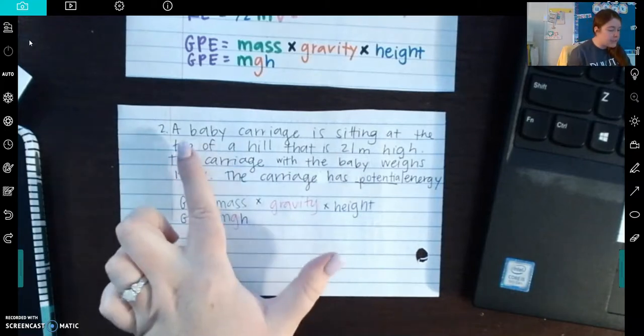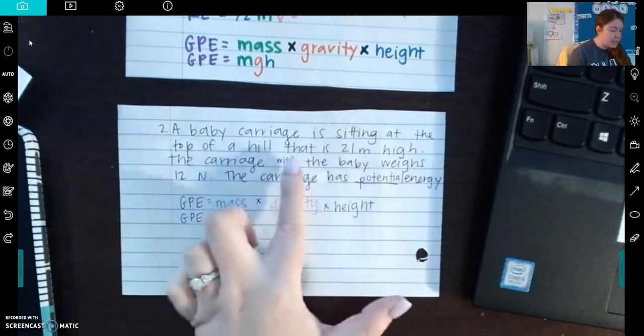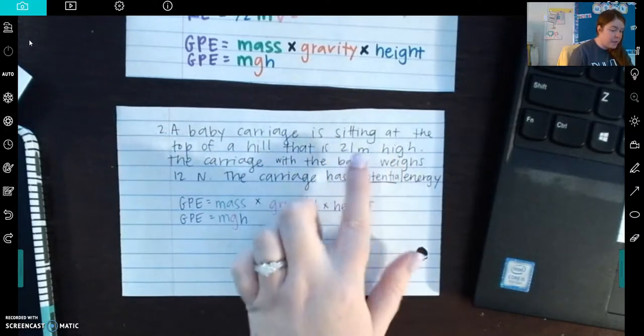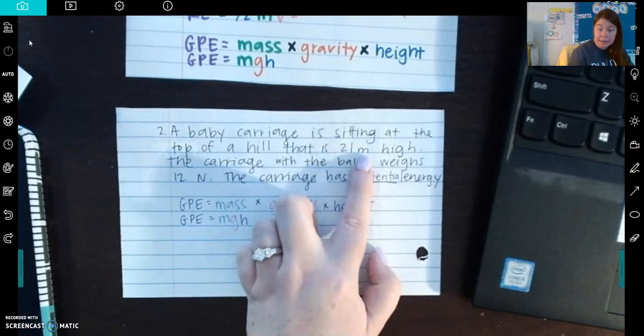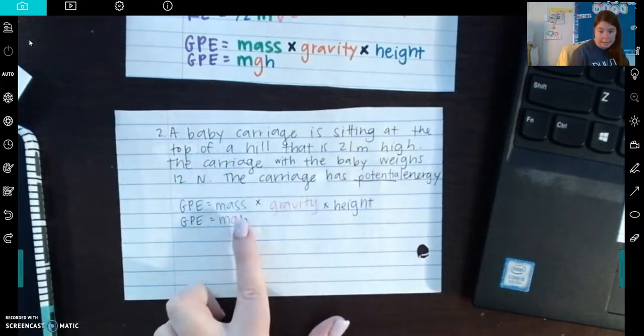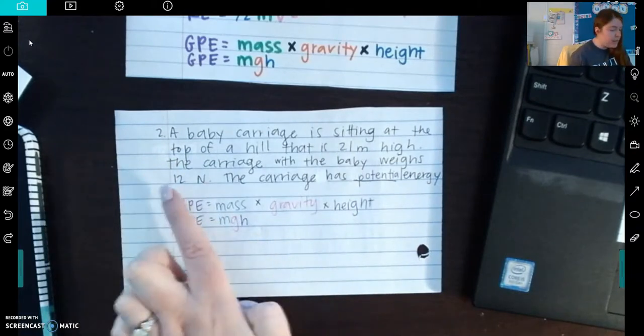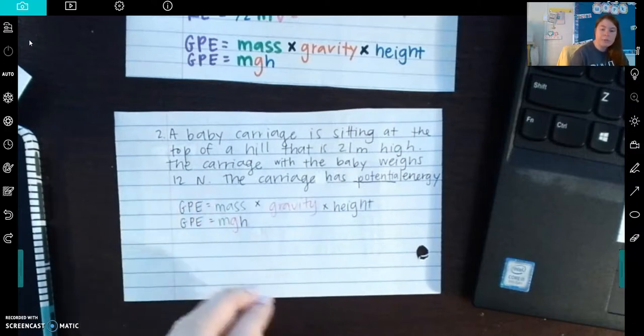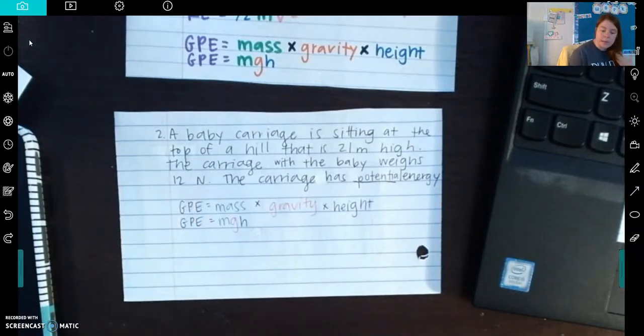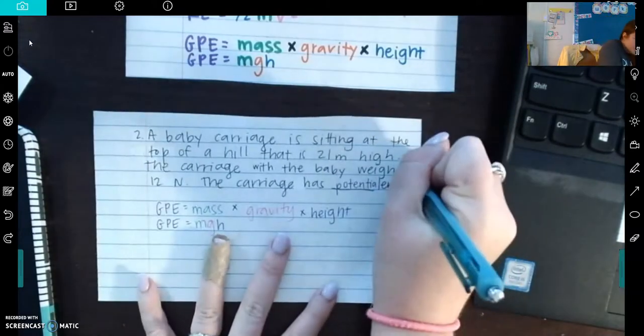So in this first sentence, I see a baby carriage is sitting at the top of the hill that is 21 meters high. I know that this M does not mean mass. This M stands for meters, a unit of measurement. So I know that that is not going to be my mass. Let's keep looking. The carriage with the baby weighs 12 newtons. So this word problem is trying to trip you up. It's a little bit tricky, and you have to consider the difference between weight and mass. So when it's using this word, weighs,